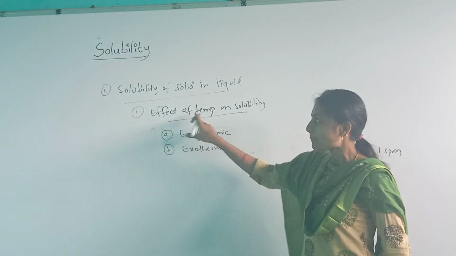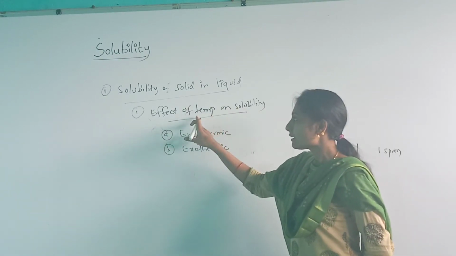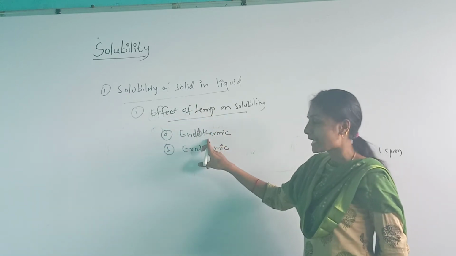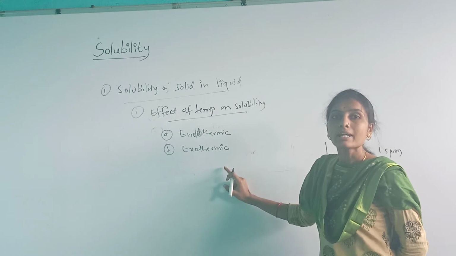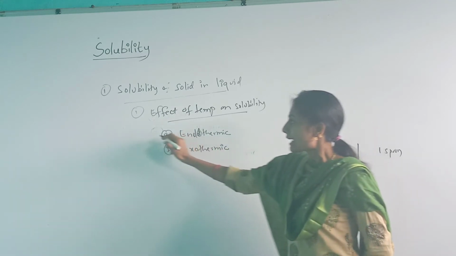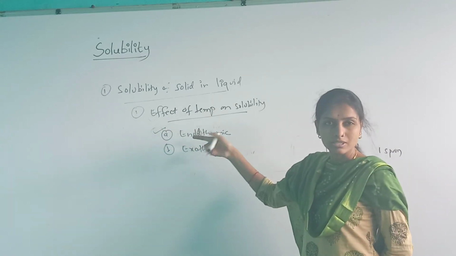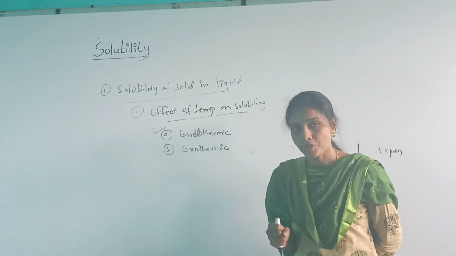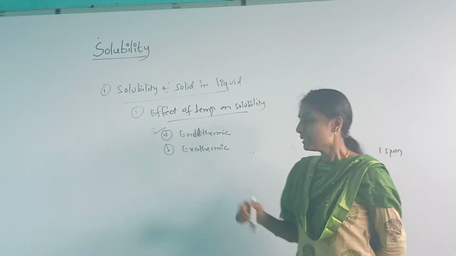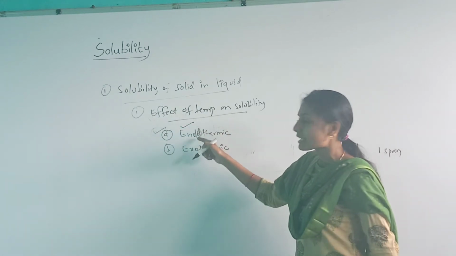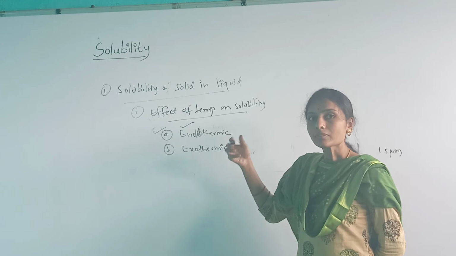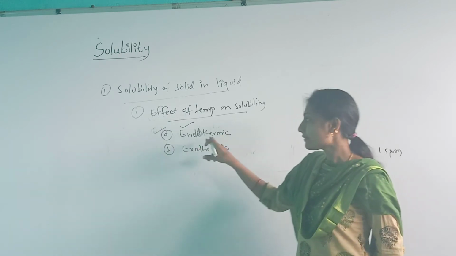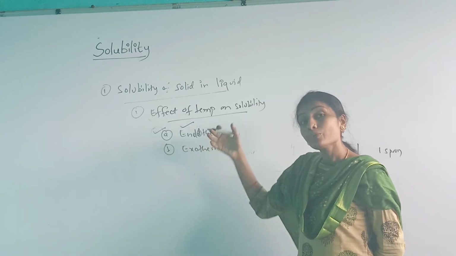Now, what is happening to the solubility when I am changing the temperature upon endothermic reaction and upon exothermic reaction? From the heading itself, there will be no chance of confusion here. Endo refers to absorption. It requires heat. I mean to tell, endothermic reactions will be more favorable when I am supplying more amount of